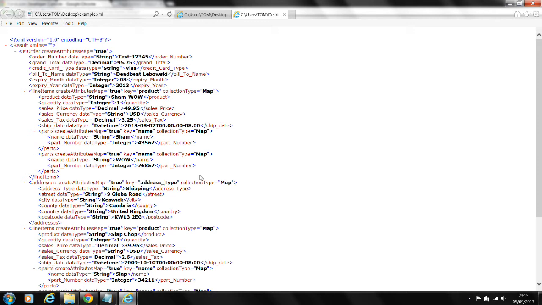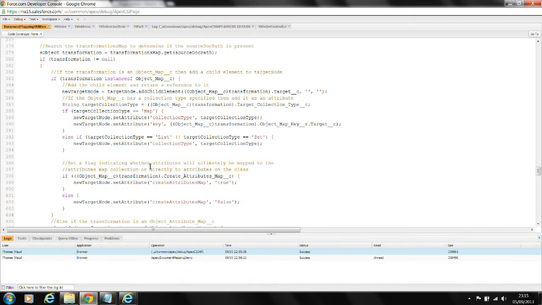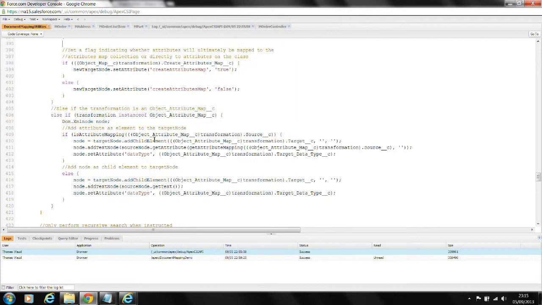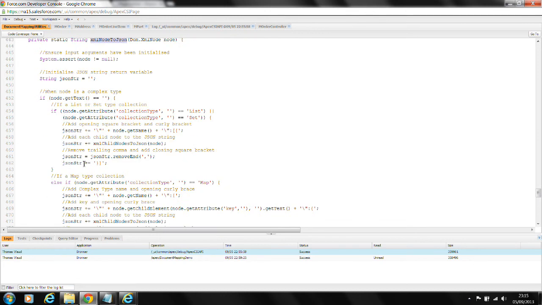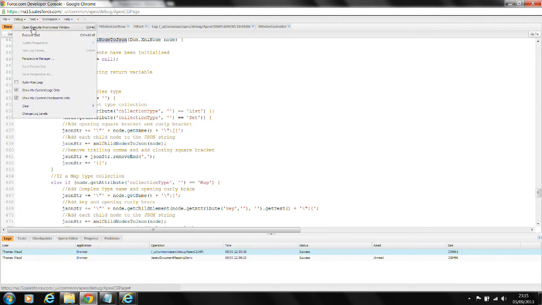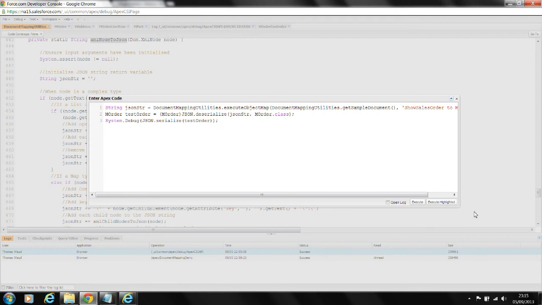So the next stage is obviously to convert this XML document into JSON. If we get back to the class, document mapping utilities, you see this method called XML node to JSON. Again, it's a recursive call, but it operates over that XML document and converts it into the JSON representation of the object. So let's do a demo of that. If I execute the code,